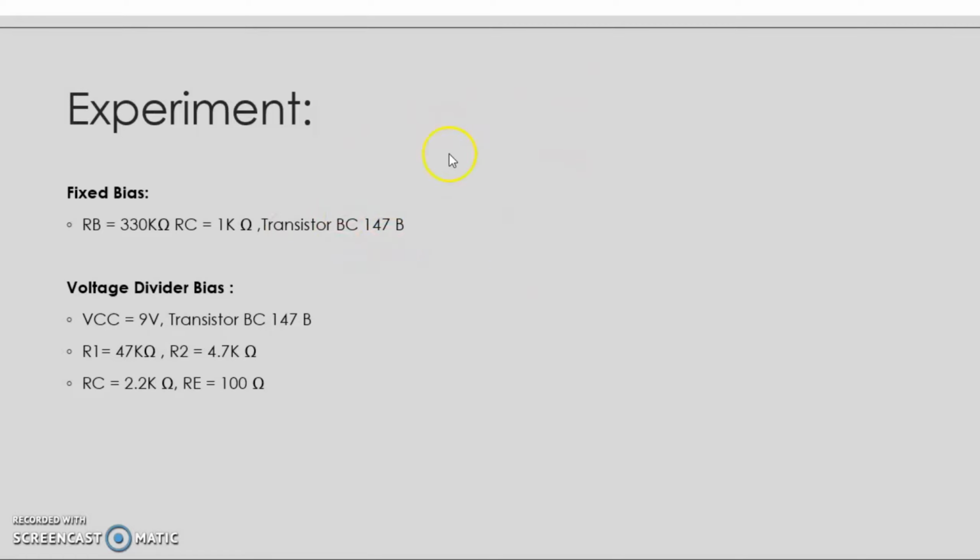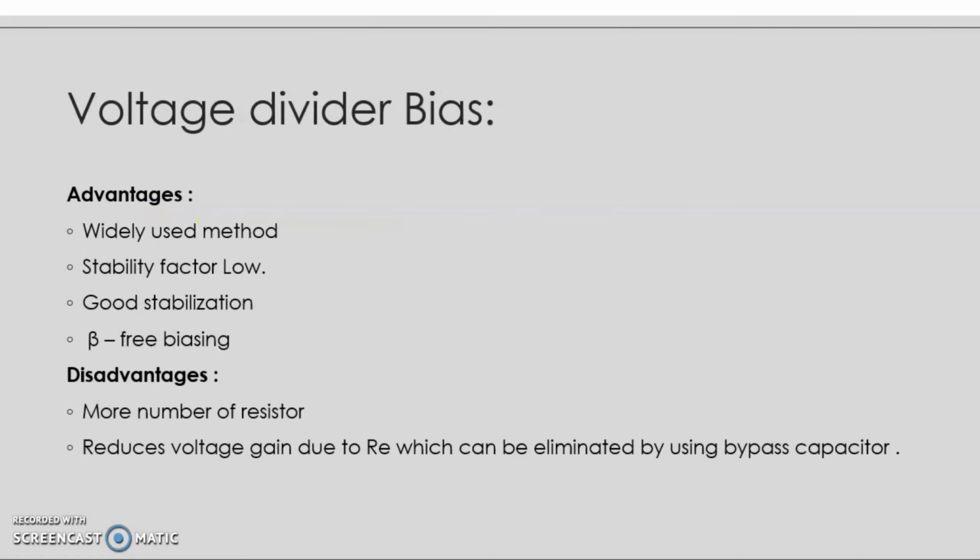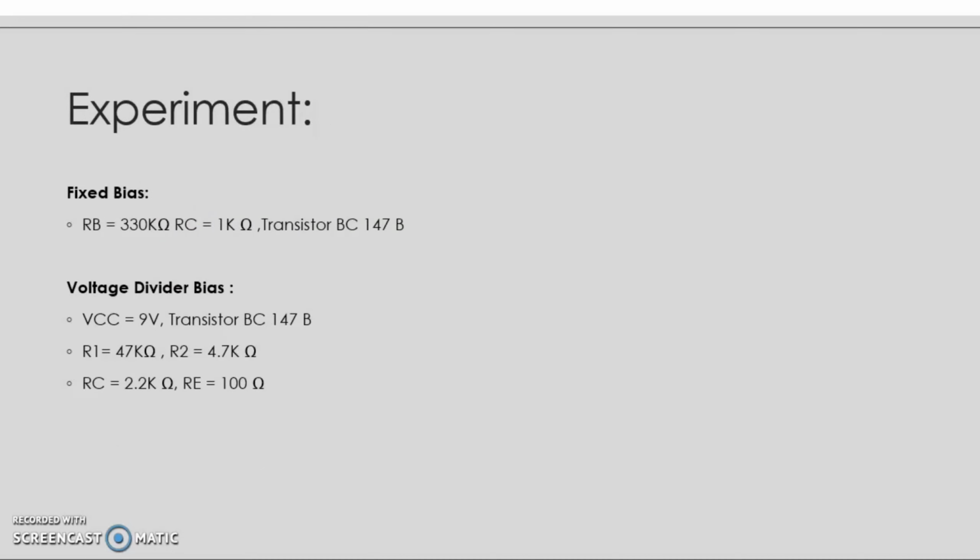With the help of these values and these formulas, you can calculate the values of IC, IB, VCE for fixed bias and voltage divider bias, and you can verify them against the readings which I have taken in the next part, and find out how much the difference is, and you can conclude. The theoretical and practical values may vary, because there are tolerances of the resistor, transistor parameters, and many other parameters.